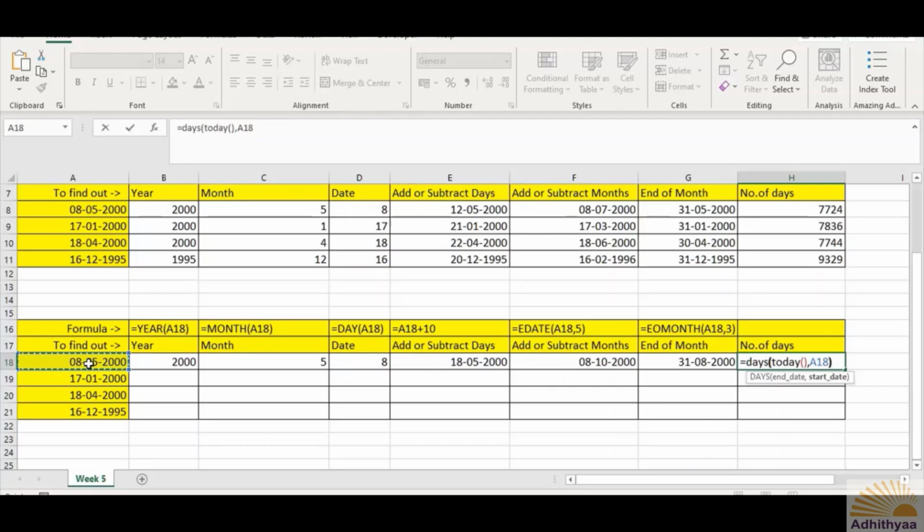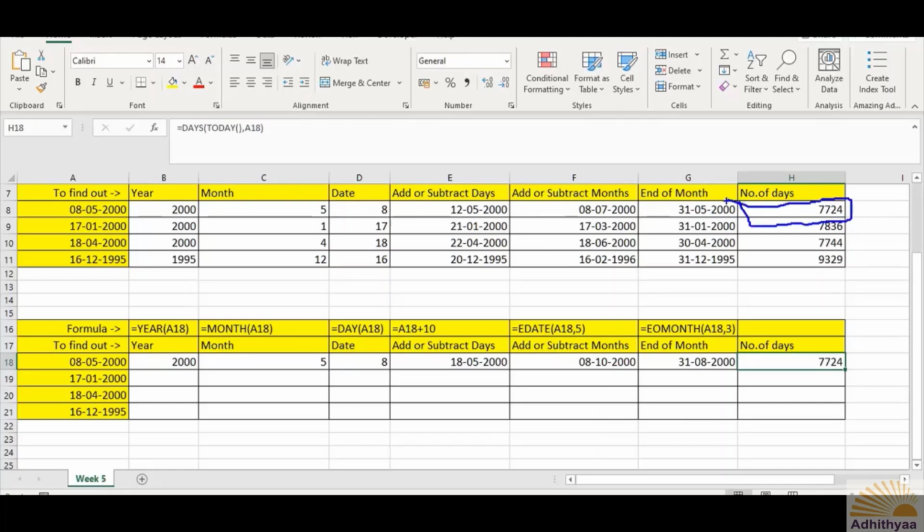I'll close it now. You can just press enter and see there are 7724 days. You can also check it if you want. So you have got the number of days here.